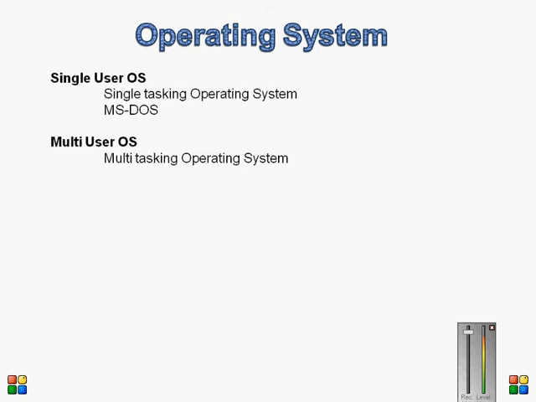Whereas multi-user OS is an operating system which performs multitasking. All the Windows OS like Windows NT, XP, 7 and various versions, these are the multi-user operating systems where we can shift between the tasks. When we are documenting anything, we can also shift to PowerPoint, we can go to the browser, and still all the opened applications will be running behind.